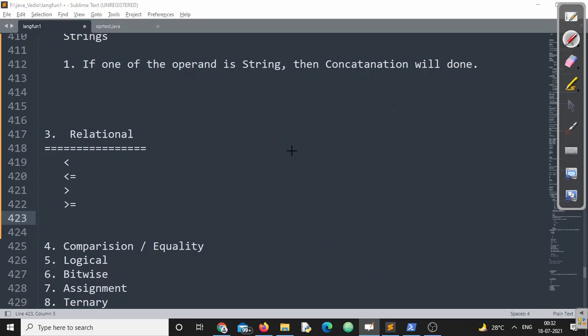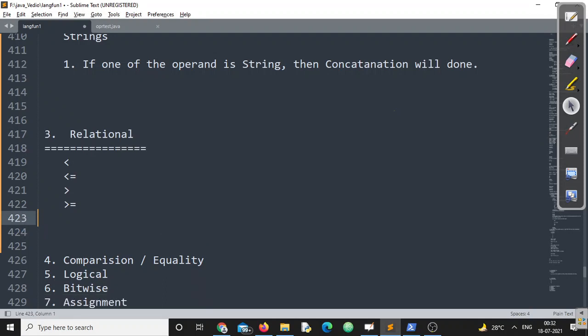Now a few conclusions we have to make here. We can write the notes one by one, point by point. The first point: how many operands does it require? There should be two operands. Now, all the operands should be of primitive type.